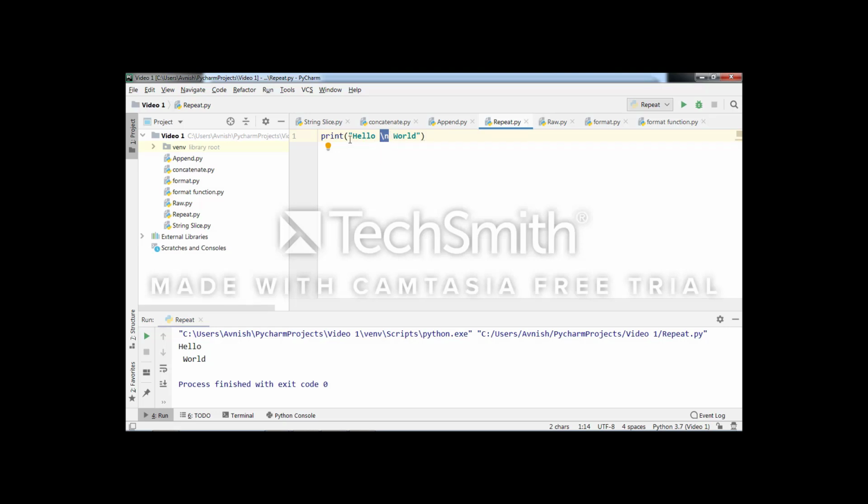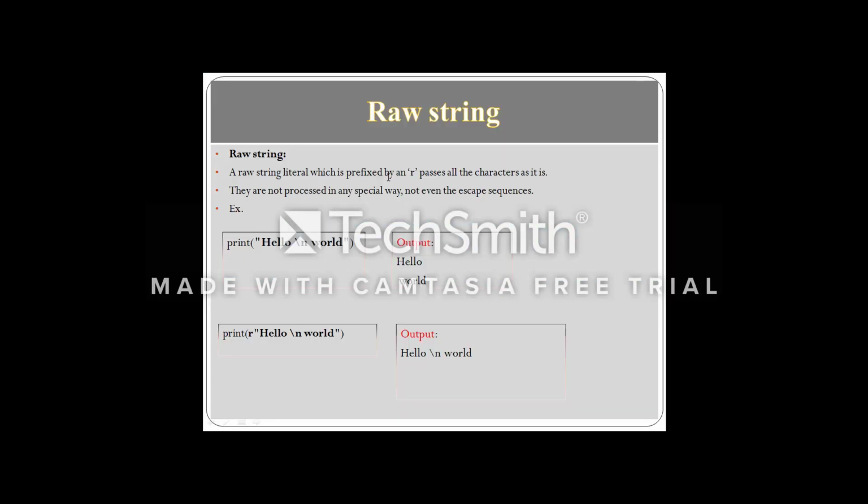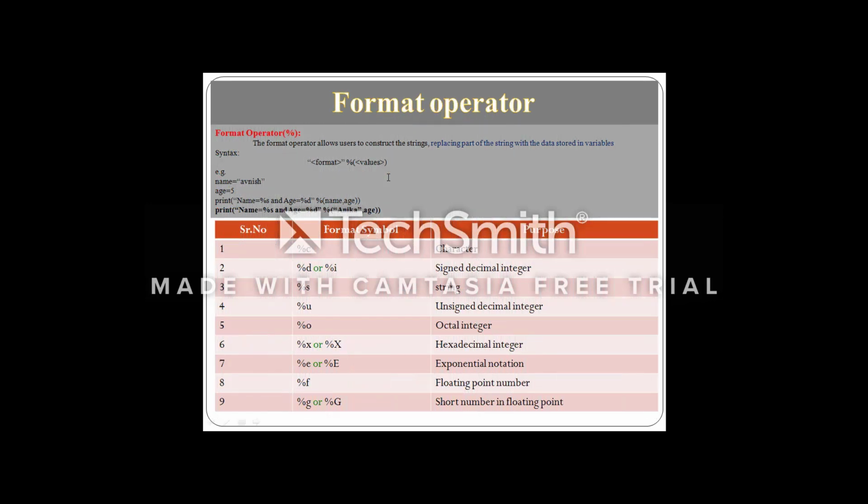For that, we only have to put a single character R in front of the input string. Let's try to execute this code. Okay, see, the output Hello World is printed with the \n. Due to this R or raw string, the meaning of the escape sequence is disabled. That was the raw string.